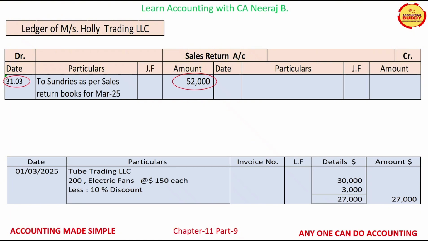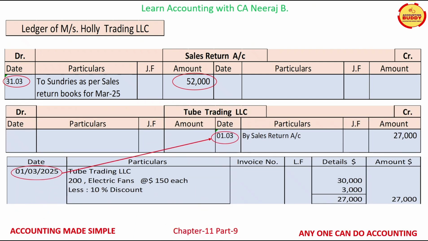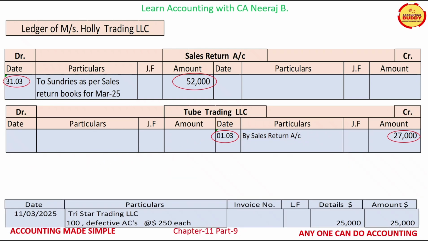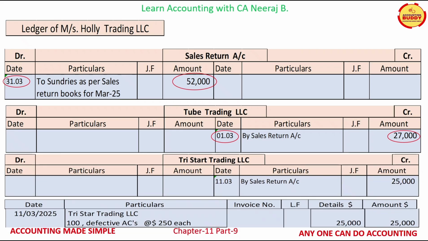The sales return transaction will be posted in the ledger of Tube Trading LLC on 1st of March 25 on the credit side for $27,000 by writing the words "by sales return account" in the particulars column. Sales return book abstract of the sales return transaction of TriStar Trading LLC is displayed on your screens. This sales return transaction will be posted in the ledger account of TriStar Trading LLC on 11th of March 25 on the credit side of the TriStar Trading LLC for $25,000 by writing the words "by sales return account" in